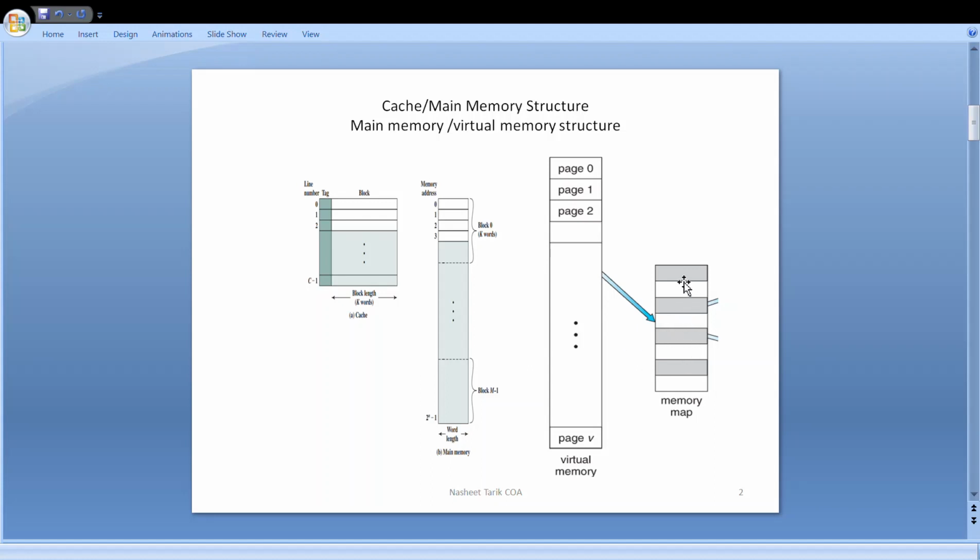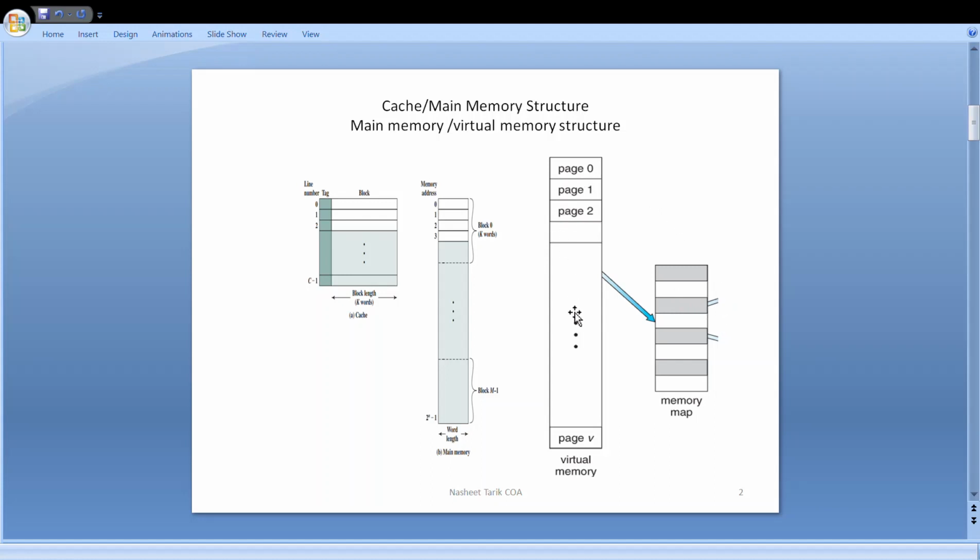So again, if the page is found in the main memory, then a hit occurs, and if the page is not present, then a fault occurs, and that particular page needs to be copied from the virtual memory to the main memory, so that in future a miss is not there. Also, if this memory is full, then a certain page needs to be replaced so that a new page could be copied from virtual memory into main memory as per various replacement policies.